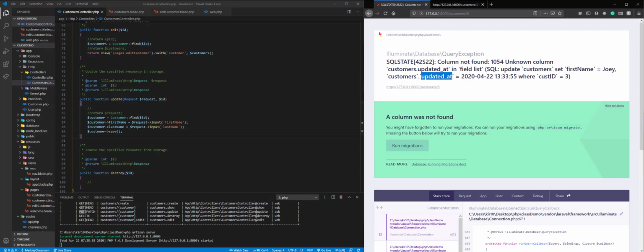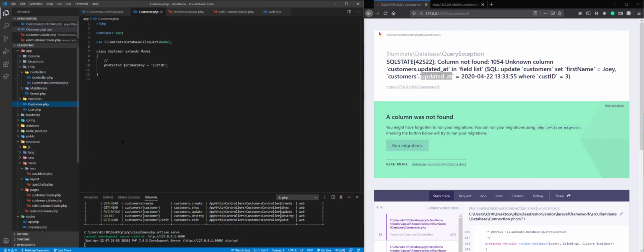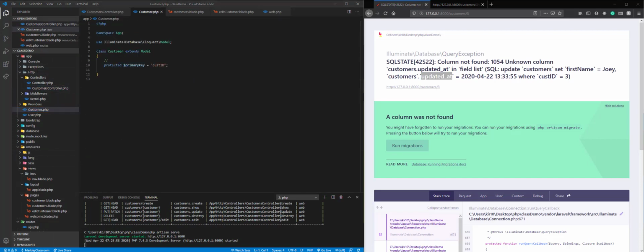And so our SQL statement is failing. So what we're going to have to do to override that is go into our model, which is, I'm on the wrong page. We're going to go into our model, which is here, customers, and we're going to have to override. So in other words, and this is just out of the Eloquent documentation, just like we had to provide the primary key, here we're going to have to say we don't have timestamps on our database. So where you are assuming we're creating timestamps, we're not. So now when we rerun this, hopefully without having to refresh,